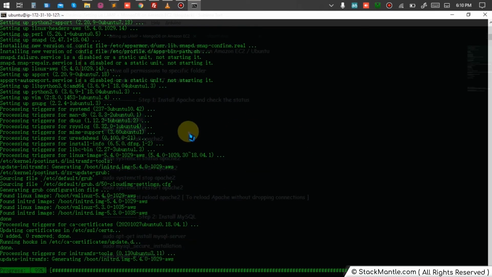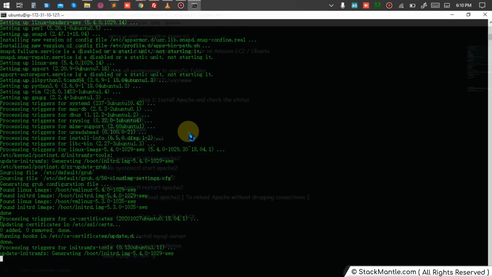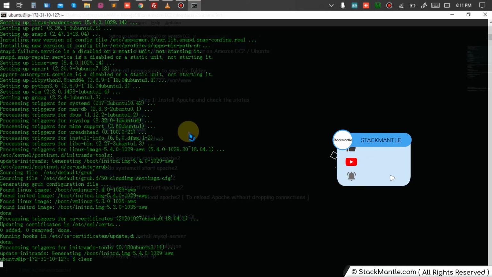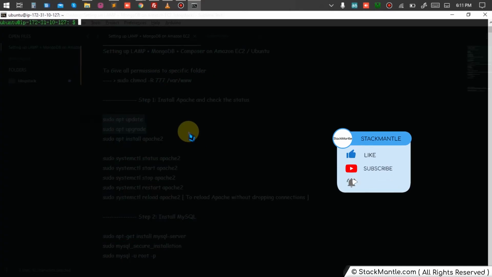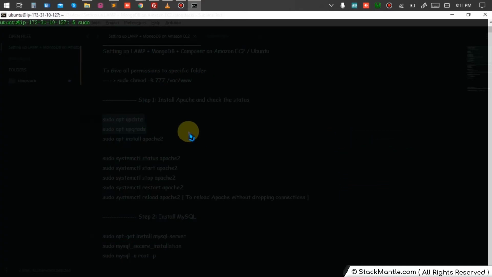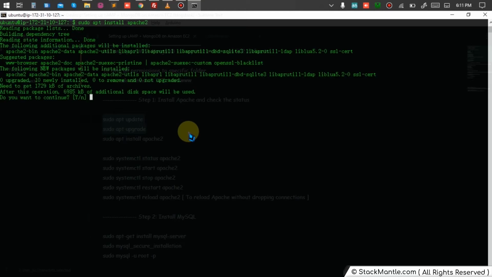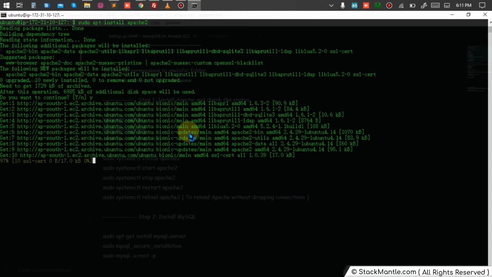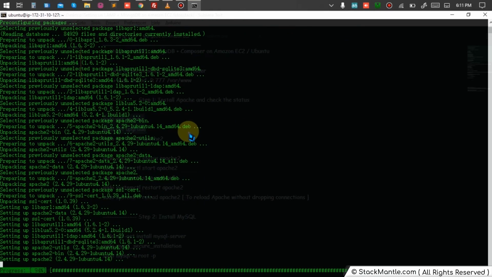Upgrading the packages. It is upgrading, it's on 99%, and yep, it is done. So what we are going to do next is install Apache: sudo apt install apache2. Whenever you want to install a package, this is your default command, and then comes your package name. So I want to install Apache 2, so I'll choose it. It is installing the packages, checking for the packages on specific links, and then it installs, right?